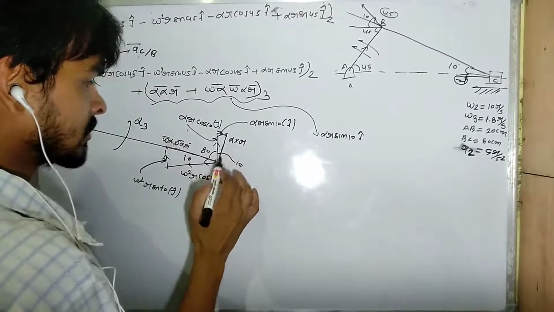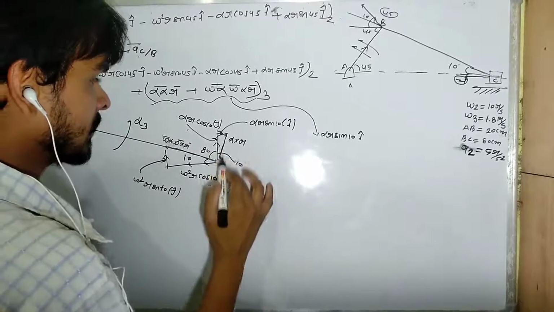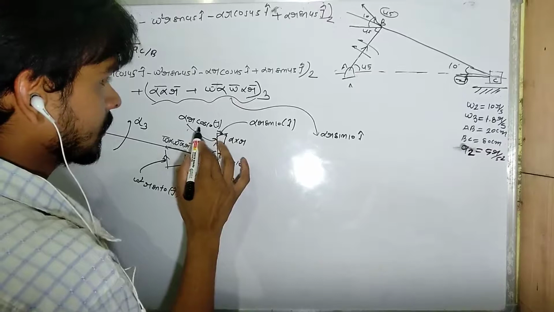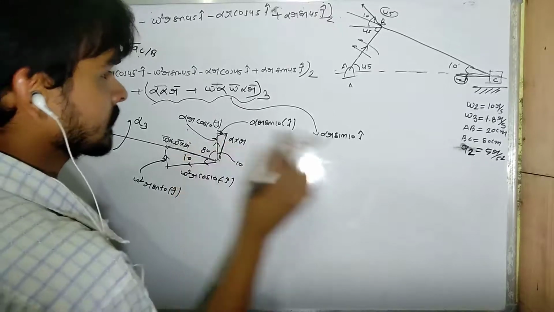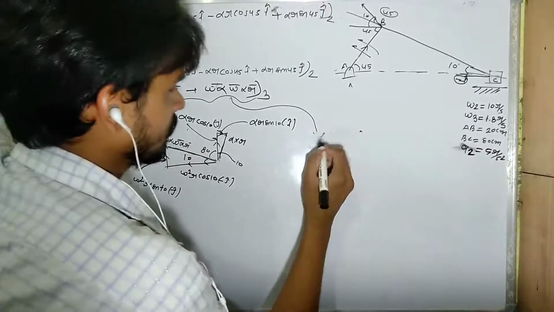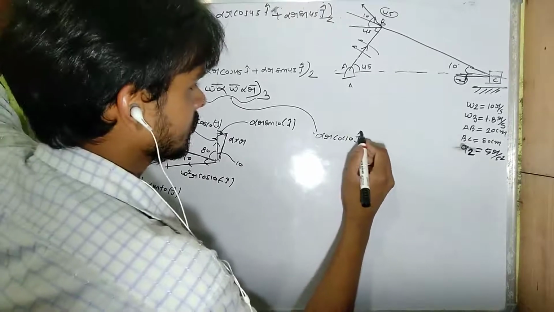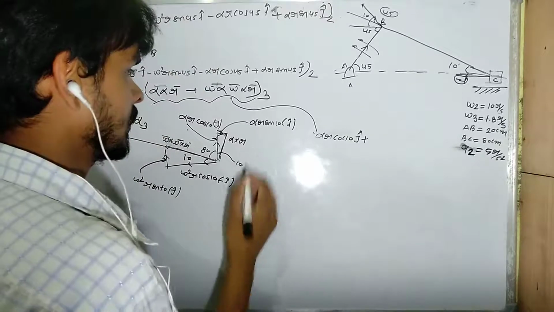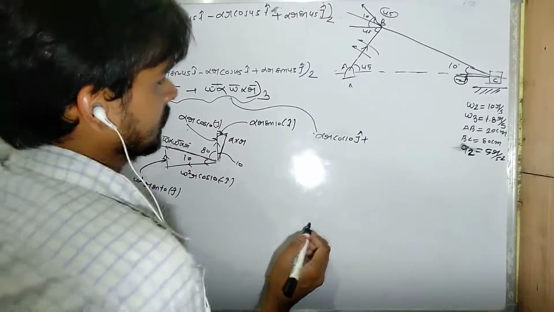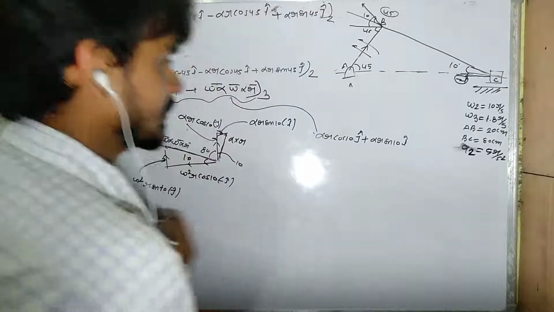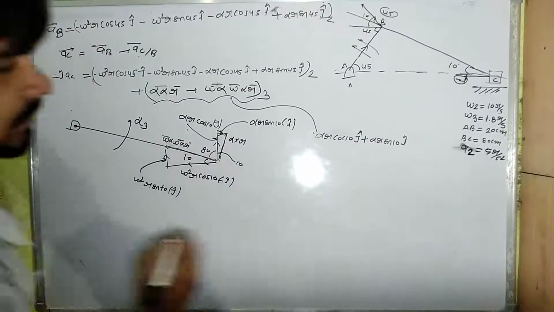Look at here, alpha cross r is one vector, so this is the c vector, a vector plus b vector. A vector is equal to alpha r cos 10. Look at here, first alpha r cos 10 j cap plus alpha r sin 10 i cap. Okay, plus